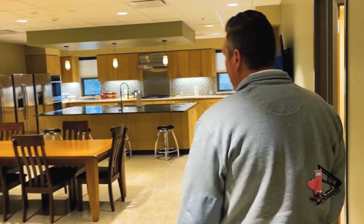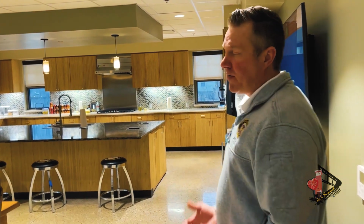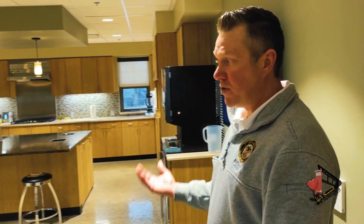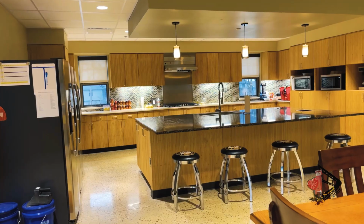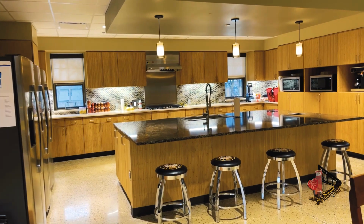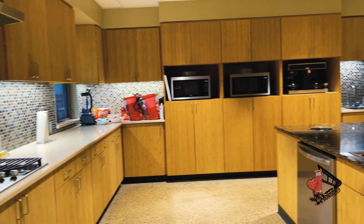When we go into our kitchen, I think this gives you a great reason to know why we go to the grocery store. When you see fire trucks at the grocery store, what are we doing? Well, for 2 days working for 48 hours, we buy all our meals at the grocery store, and then we come in here and cook, just like you guys do at home. So everybody has their own fridge on each shift, as well as their own pantry, and then we cook those